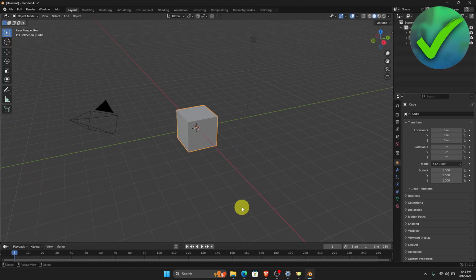How to add PBR textures in Blender. So that is what I'm going to show you guys in this super quick and easy tutorial. So let's get started. So the first thing that we need to do in this part is to go on